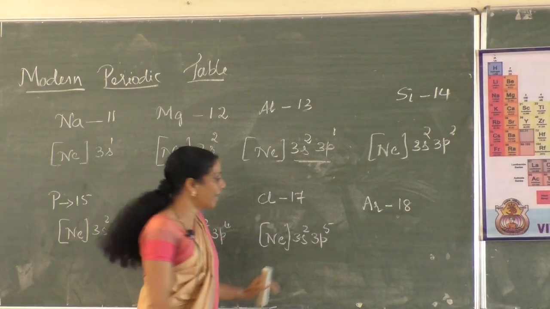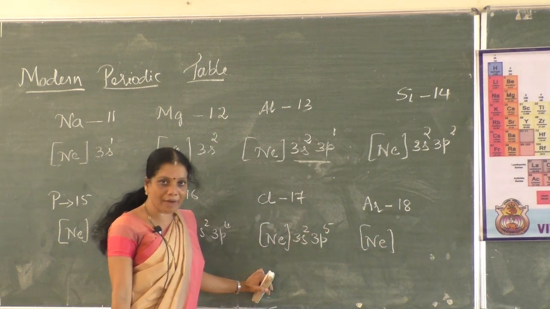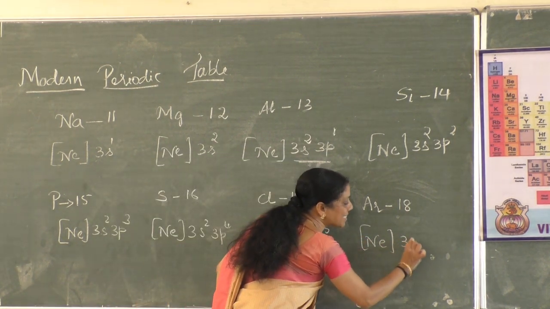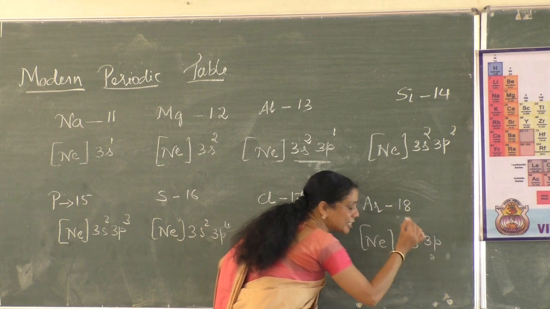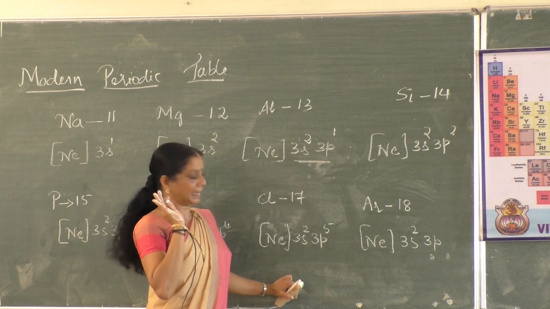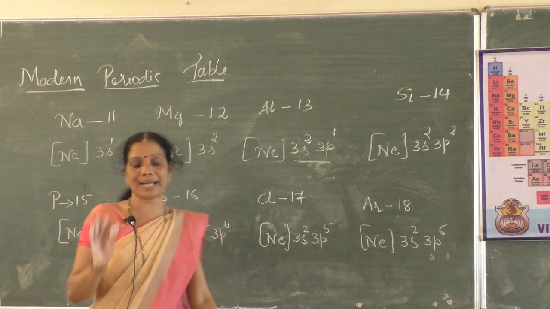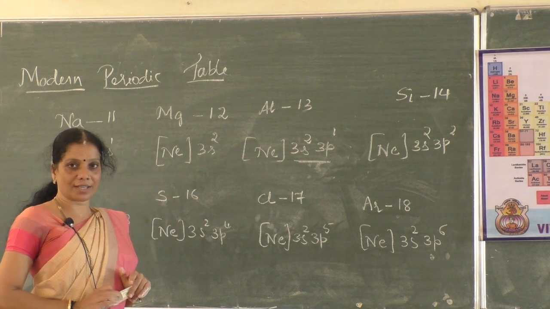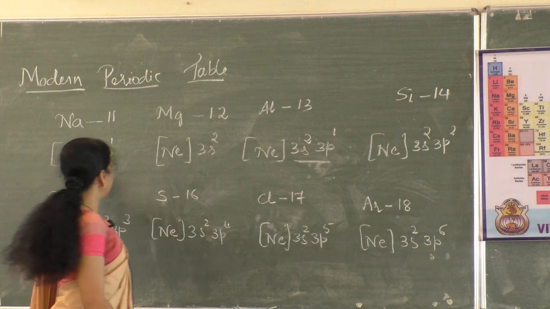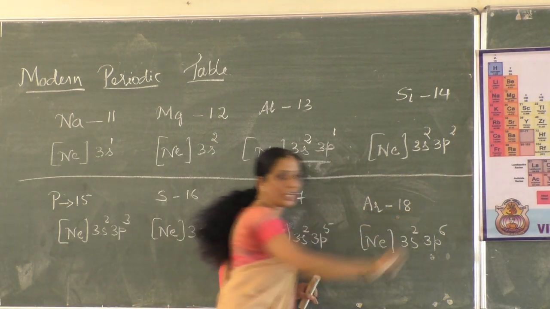18. Okay, if I write the electronic configuration, neon, 10 electrons we have written. Next electron enters into the 3s orbital, 3s2. Next electron enters into the 3p orbital, completely filled state. A p orbital can always accommodate a maximum of how many electrons? That is 6 electrons. Just see here, we have written the electronic configuration of all the elements belonging to the